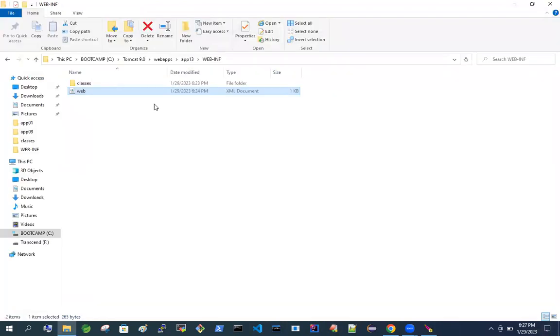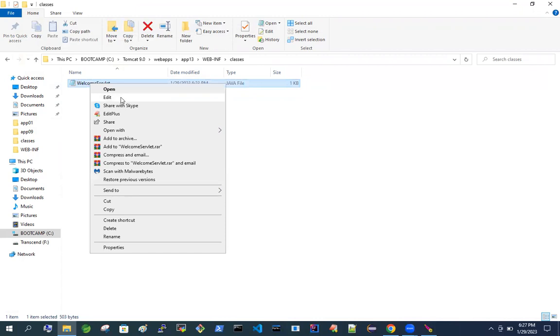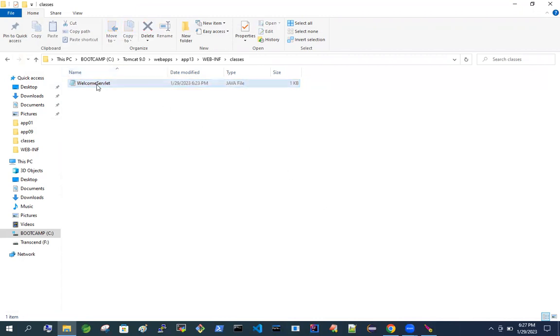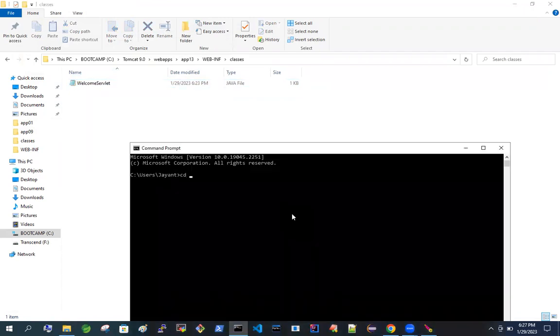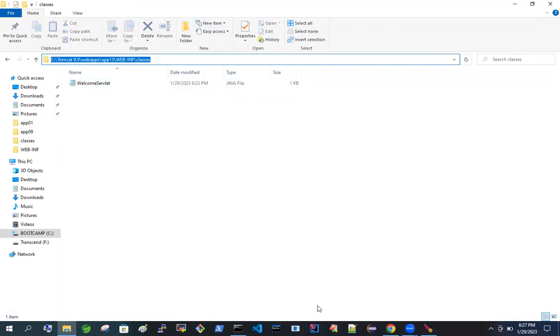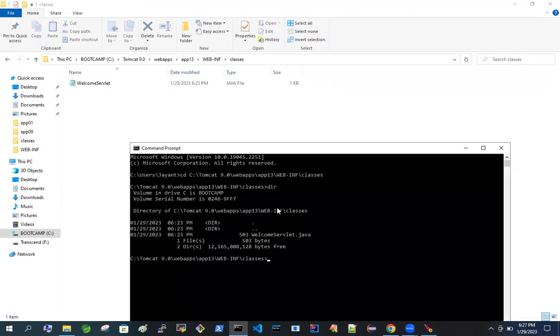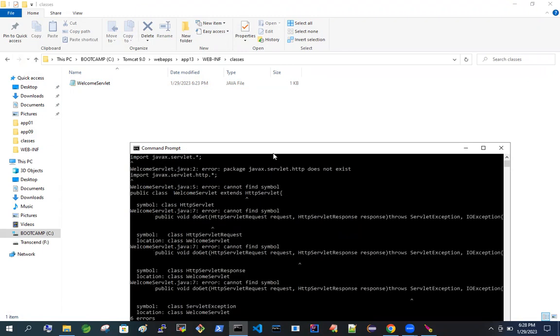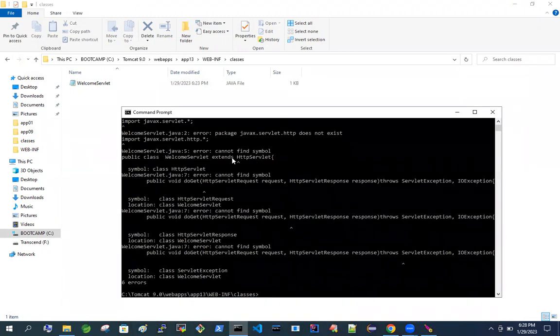Close this. Now let us see our welcome servlet. Okay, so we did not compile this file. So let me quickly compile this file. cd to this location, Ctrl+C, Ctrl+V, dir, WelcomeServlet.java, javac WelcomeServlet.java. Okay, so here we are getting some exceptions, like it cannot find symbol,